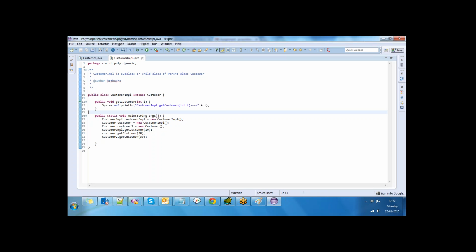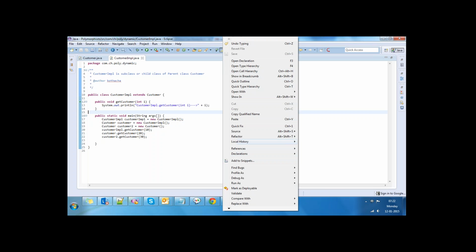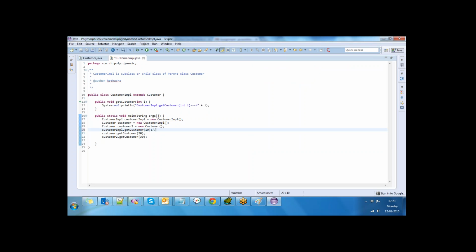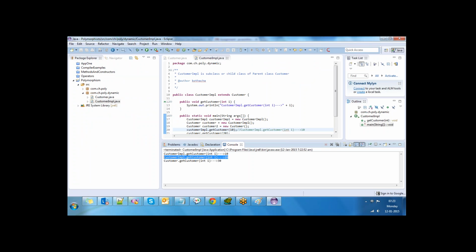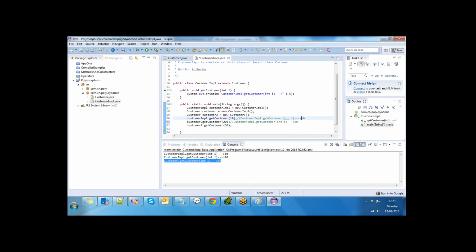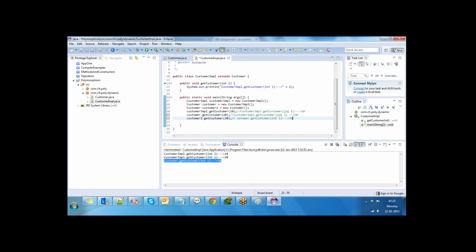Excellent. So let me get the output, we'll see whether the output matches Piyush's answer or not. So I'm running the Java application here. What is the output, guys? Two are from the child class and one from the parent class. Don't feel bad, but I like it if you give a clear answer, because every interviewer expects a clear answer.